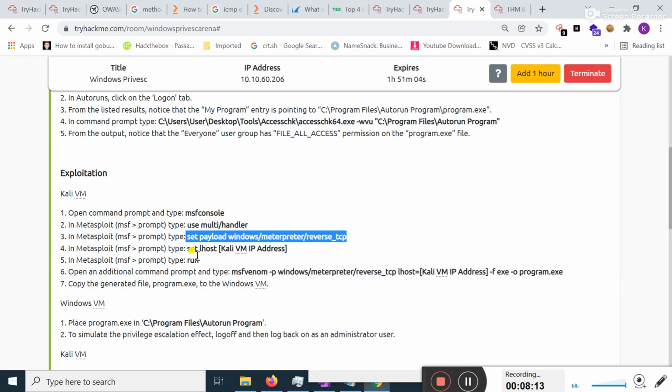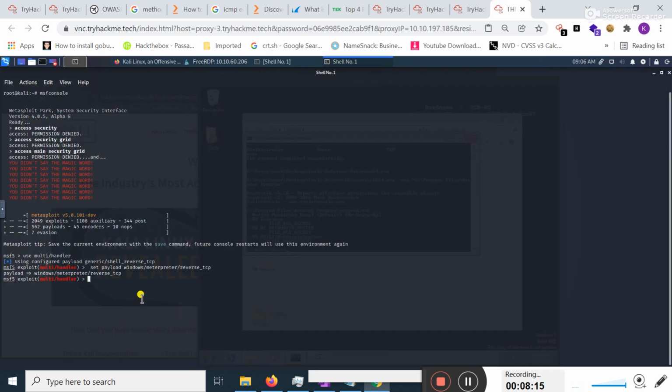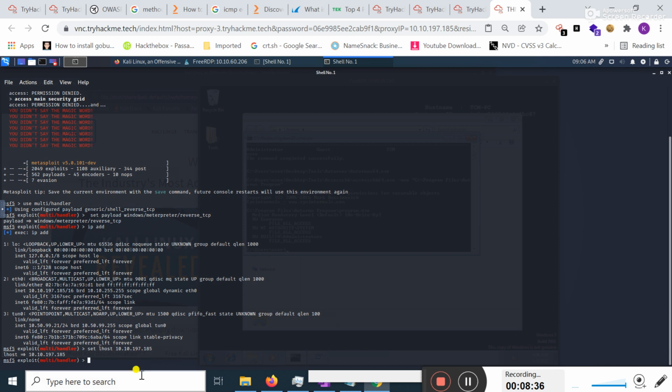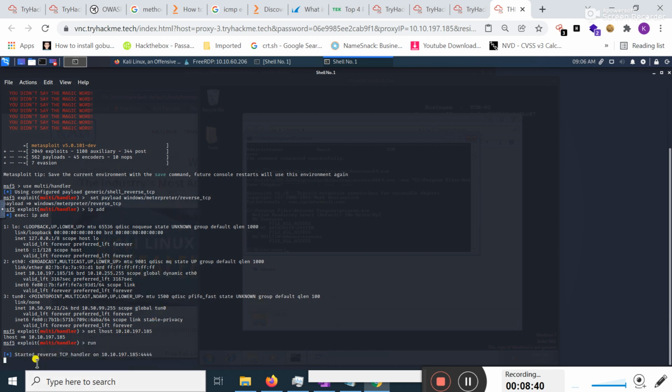Again I should set the local IP address. First I check my IP address, and my local IP is this one. I typed set lhost 10.10.197.185 and pressed enter. Now I will type run and hit enter. See, multi/handler has started.